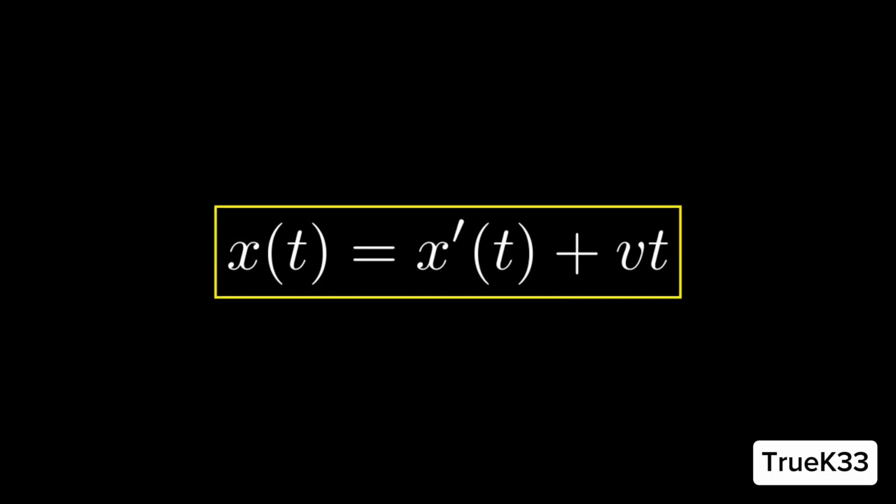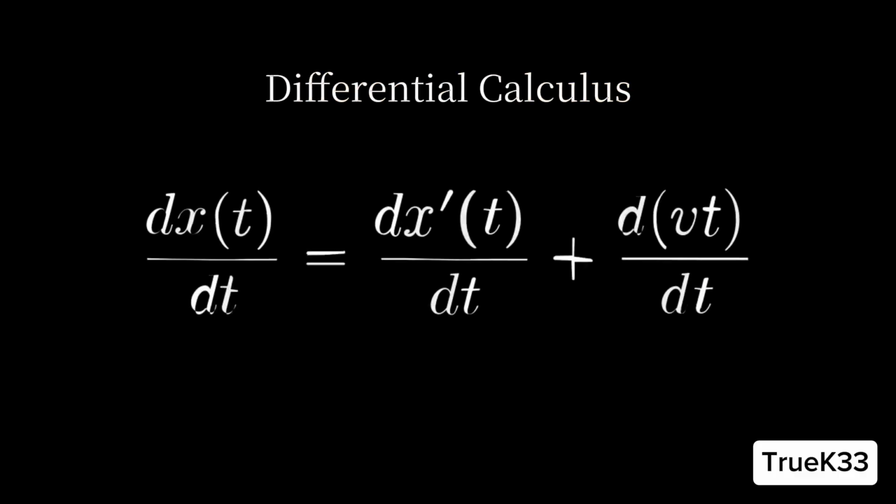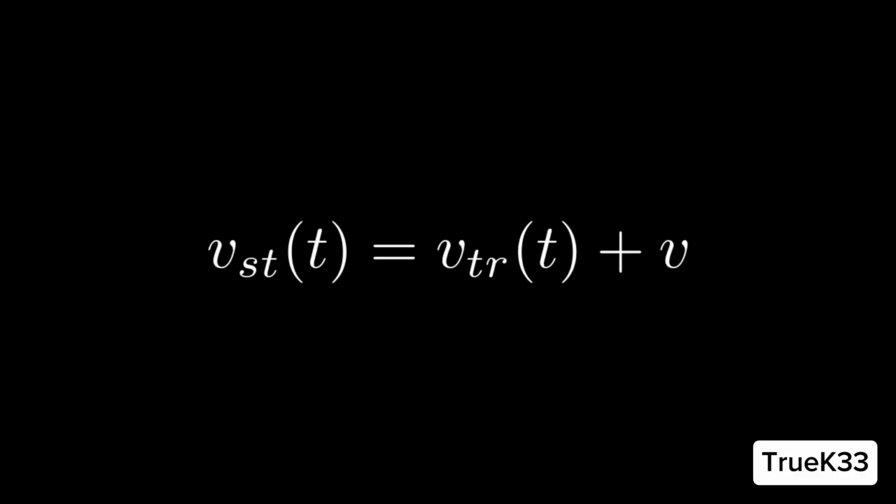From this expression, we can obtain the relative velocities between the observer at the train station and the coffee cup inside the train. Using a technique from differential calculus, we determine these velocities. It is simply the sum of the quantities. The speed of the cup as seen from the station is equal to the speed of the cup measured from the passenger's perspective, plus the speed of the train. This expression shows the simplicity of the relation between those two inertial frames.